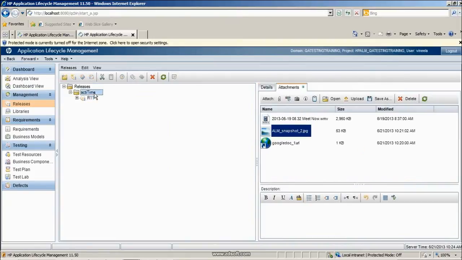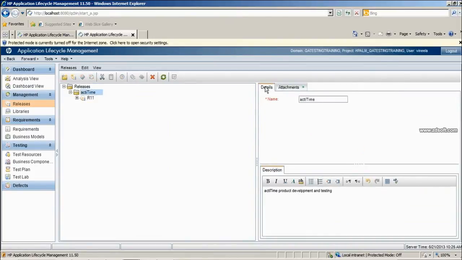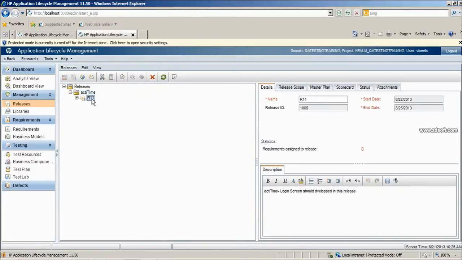For the release folder, you saw only the details and attachment tabs. Again, when we created a release under that main release folder, there is a details section. The name of the release is R.1 or 1.1, and there is the start date, end date, and the release ID, which is system generated. The requirements assigned to release, the statistics will be mentioned in the description which we entered during the creation of the release.